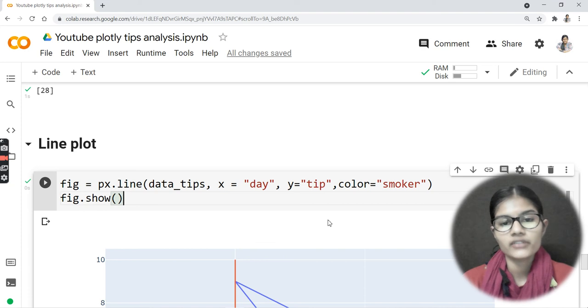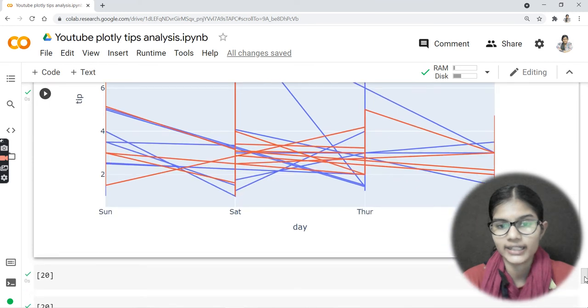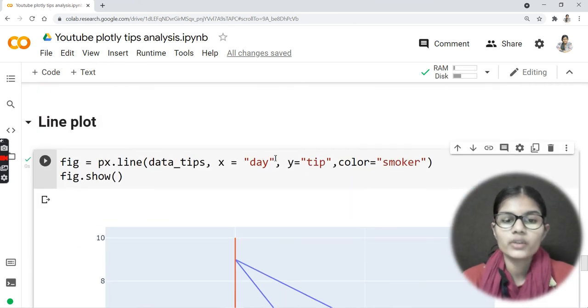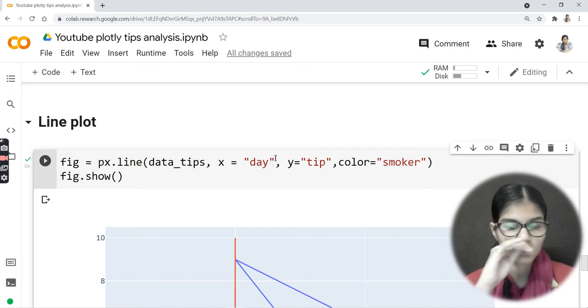Now here, if I wanted, I could put some condition that tip would be greater than 10, then it would be a little bit of a sorted line plot. Okay, so let's say this is very messy, right? You cannot understand from here. So in that case what we do is we try to sort the data, we try to analyze the data in small parts. Now how can we do that?